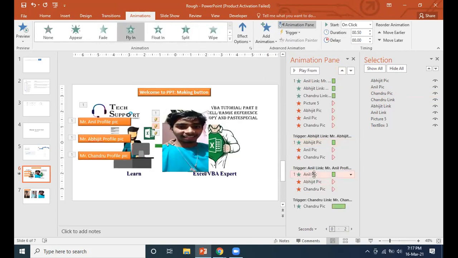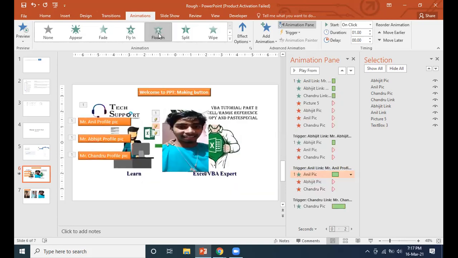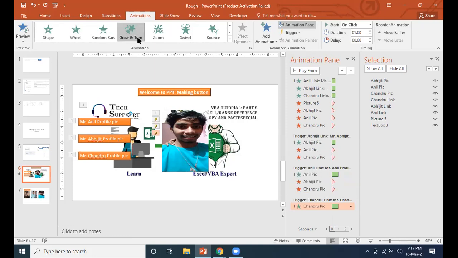And when I click on Anil, at that time Anil profile should come. What animation we want to give for Anil, this is the animation for the Anil profile. And at the same time these two profiles should not appear. And when we click on Chandru profile, what animation we want for the Chandru, actually we want something swiping.